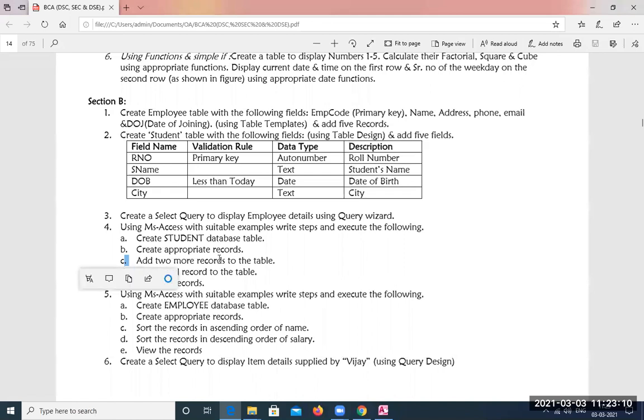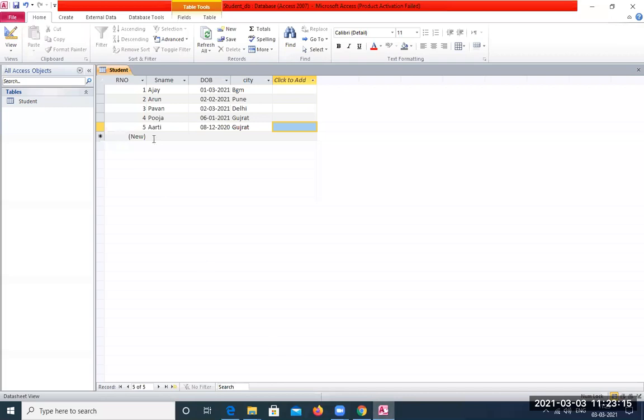Again, add 2 more records here. So we shall continue in the same database. Let us go back here. We'll add 2 more records.